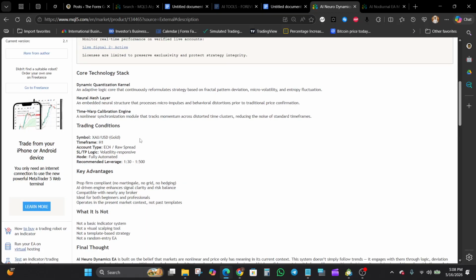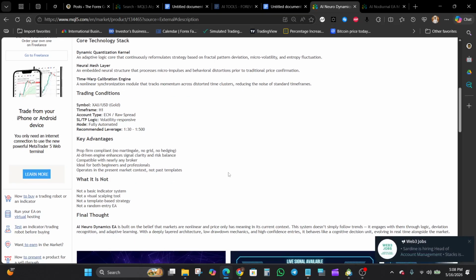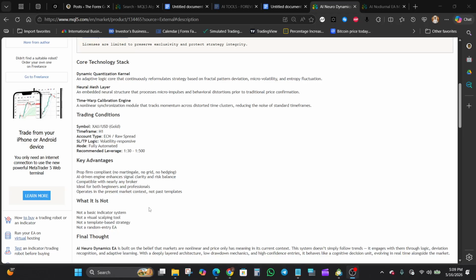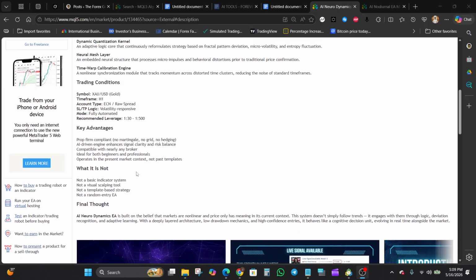Another important note here is the setup process. It's described as very straightforward, with preloaded parameters where you simply attach it to an XAU USD H1 chart and select your risk level. The marketplace page also mentions ECN or raw spread account conditions, which suggests it is designed with execution quality in mind, especially for gold trading where spreads can matter significantly. Now, before moving into the backtesting section, it's also worth noting that the developer highlights prop firm compliance,